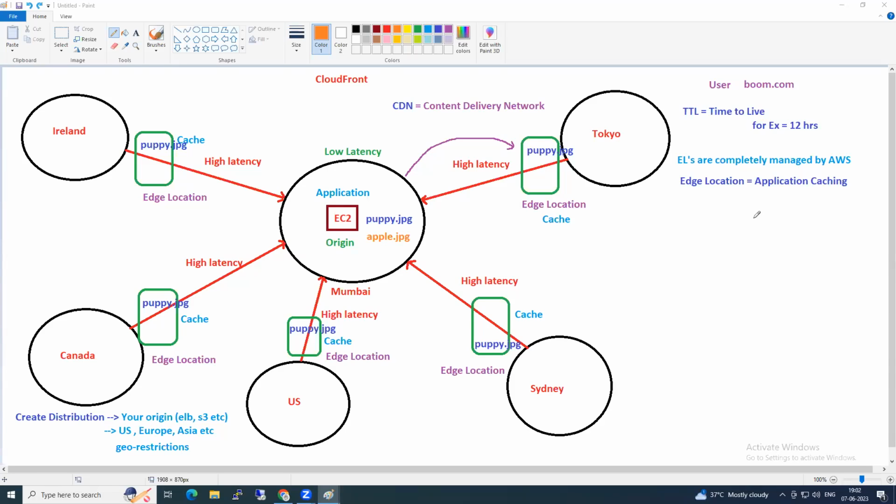So you have an application where you have a photo of iPhone saying that this is for 10,000, and you deployed it, and you put the TTL as 12 hours, and all your customers will see it.